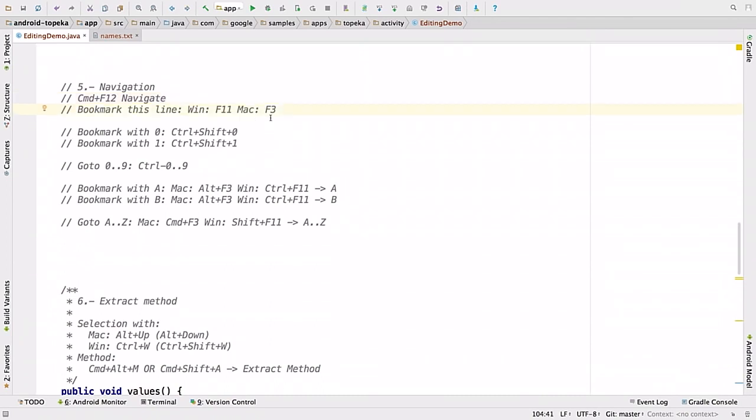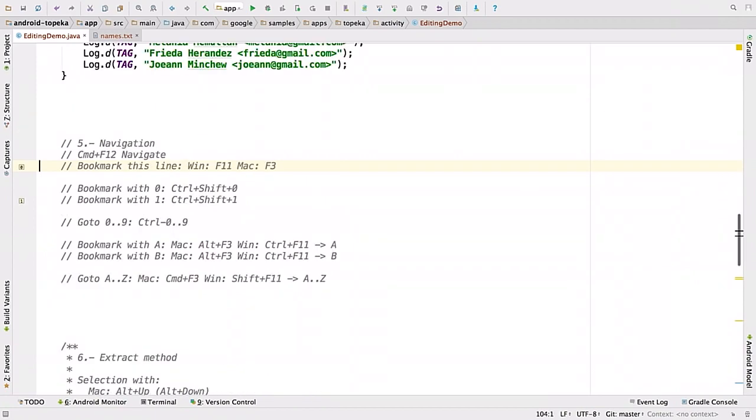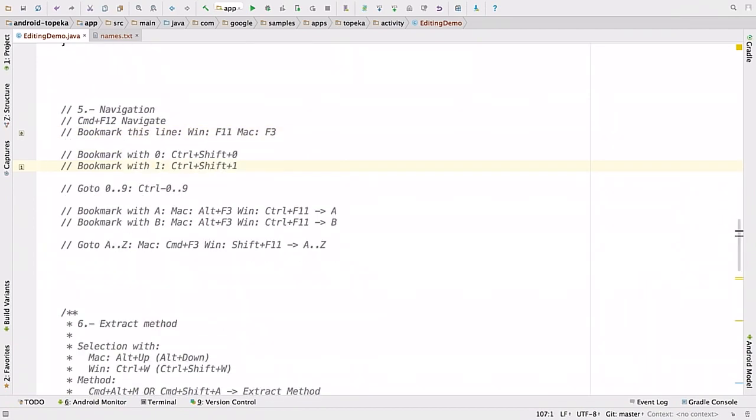There's another cool thing that are bookmarks. I use some of this very often. You can bookmark a line, but this is not the powerful thing in my opinion, this one is. You can bookmark with Ctrl-Shift and a number, and you can give functions in different files a number, and then by just pressing Control and the number, you navigate there super fast. So this is quite handy. If you run out of numbers and you want to use letters, you can. I've never got that many, but you could use